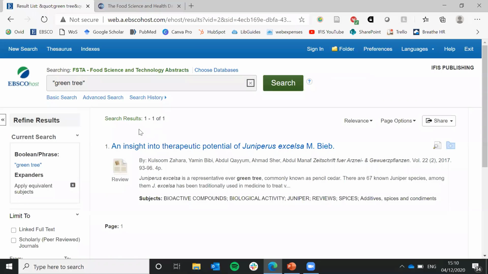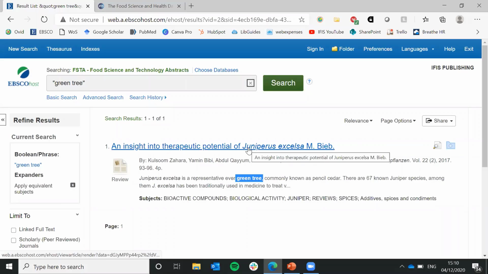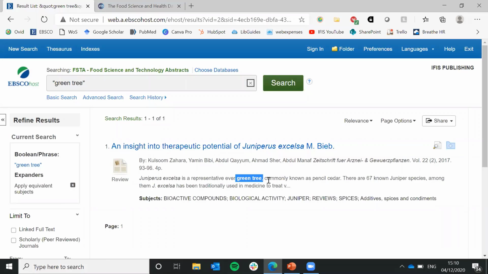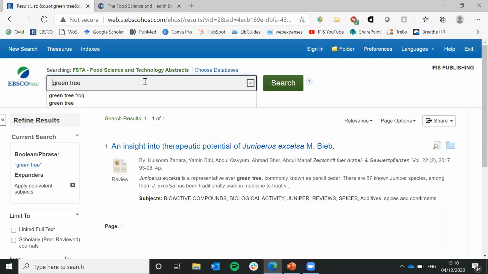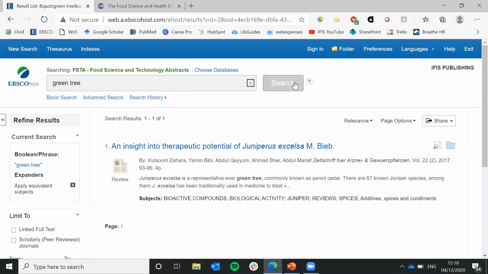And when I do that search, I get one result. And I see that in the abstract, the words green tree came together as a phrase that replicates what I typed in the search box. Now, if I take off the quotation marks and search this as a phrase,